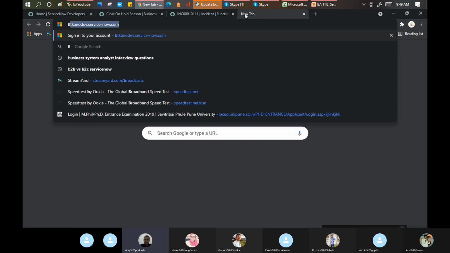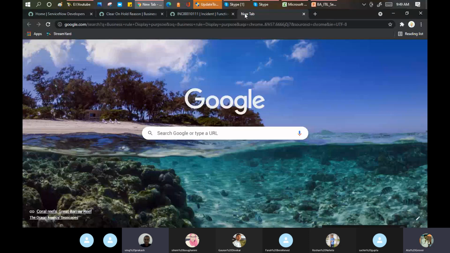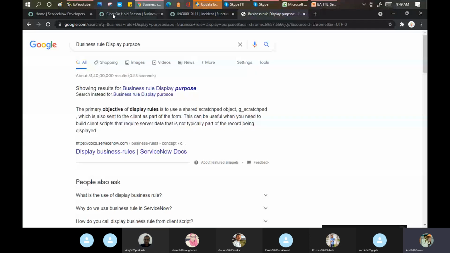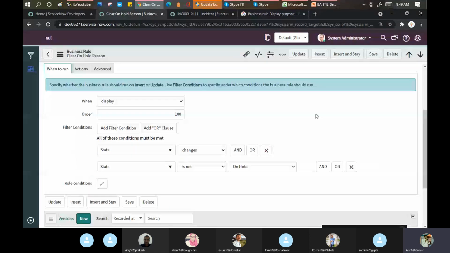So this also runs after the script is executed, I believe. No. It is not before or after. It is just to display. There is no option of record create or insert. It means that you are querying something and you are just showing it, nothing else.